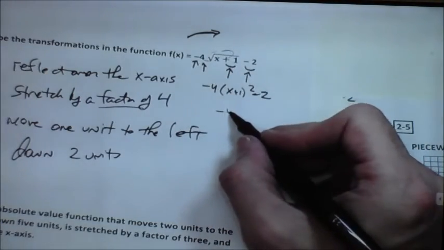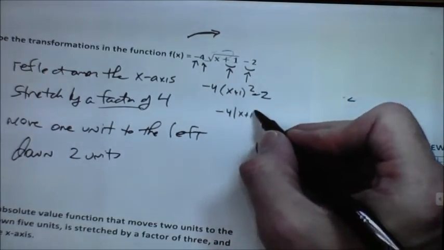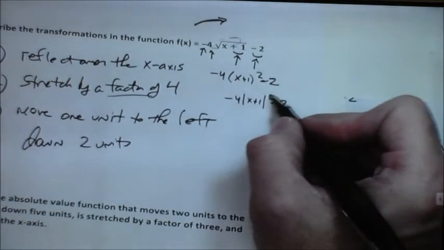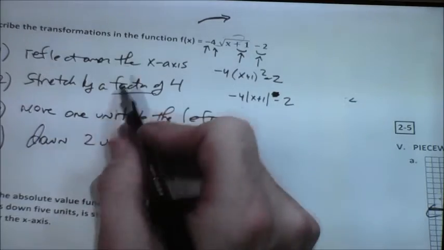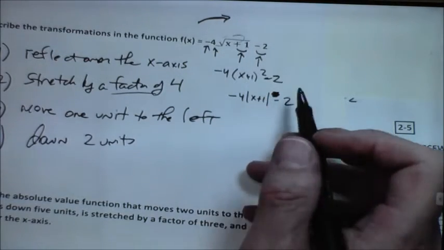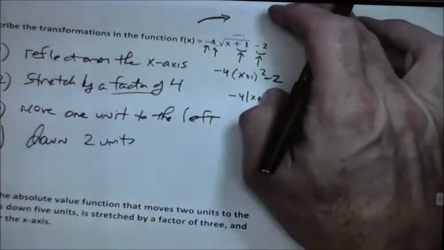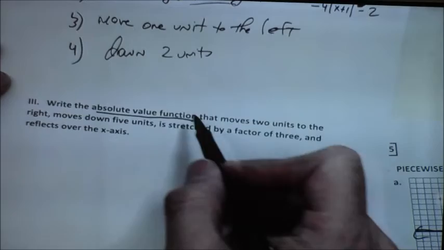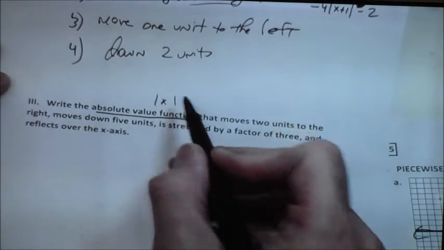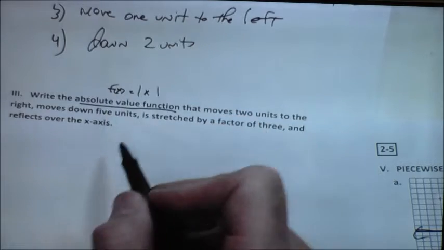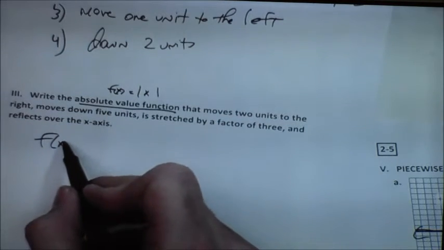I could have done it with an absolute value. And it would have been, not squared on this one, it's just absolute value. It would have been the exact same things, but with absolute value. So in any of those functions, it's the same transformations. Well, this one says absolute value, so you're going to do these transformations, you're just going to start with the absolute value of x. So starting with that,